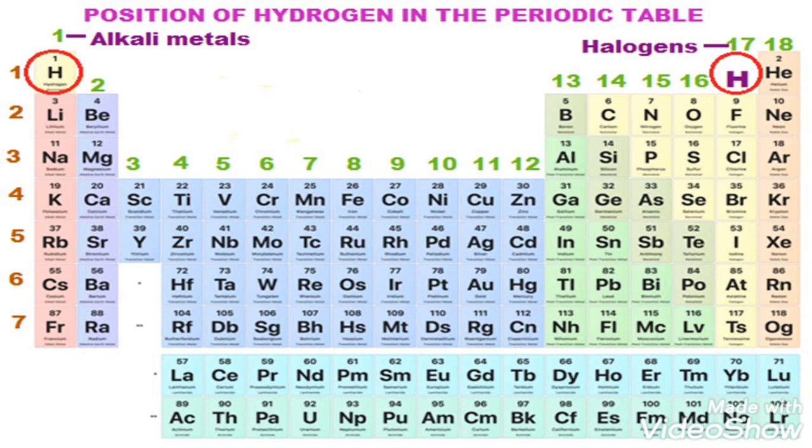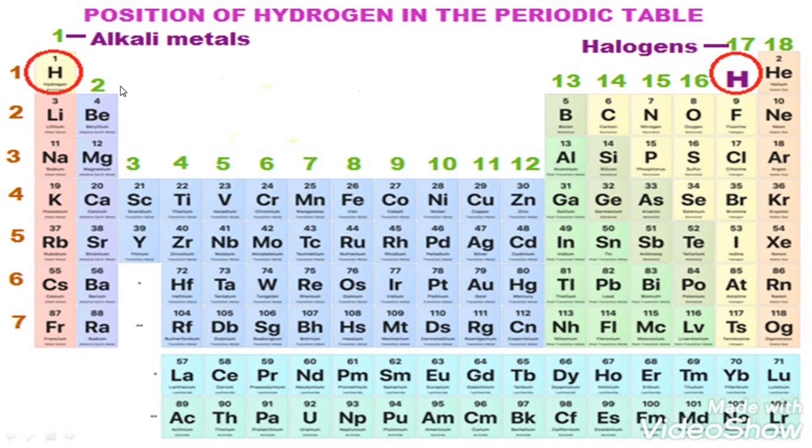Let us refresh our memory with the aspects which we already know of the modern periodic table. We already know that in the modern periodic table, the elements are arranged in the increasing order of their atomic numbers. When we say increasing order of their atomic number, we have hydrogen with atomic number 1, helium with atomic number 2, lithium with atomic number 3, beryllium with atomic number 4, boron with atomic number 5, carbon with atomic number 6, and it goes on like that. So, in the modern periodic table, the elements are arranged in the increasing order of their atomic numbers.